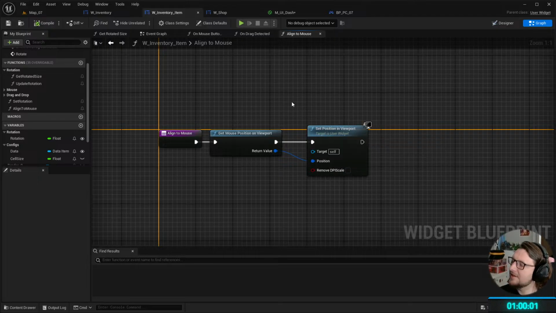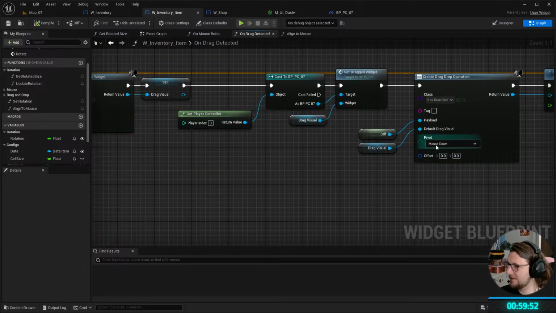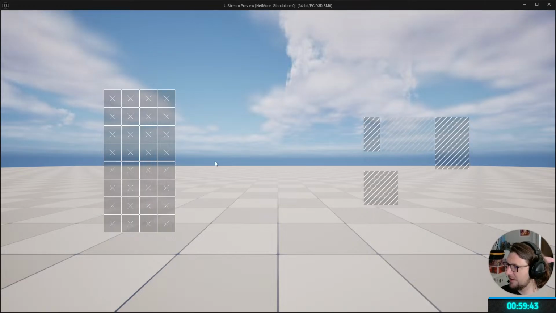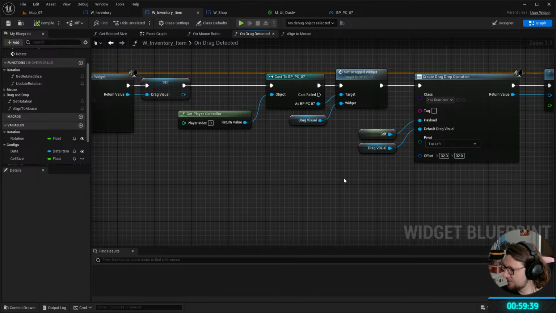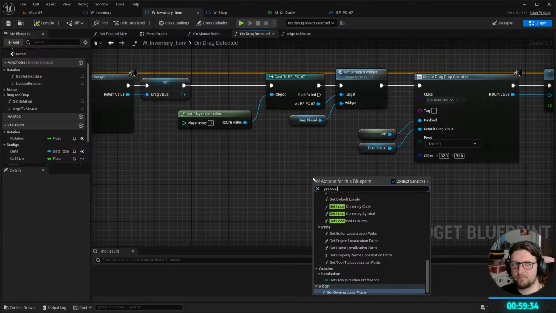What would make this quicker, and in the interest of finishing this today, instead of mouse down, we'll use top left with a 32 unit offset, which is half of the size of a cell. And so whenever I drag this item, oh, that did not work. What is offset? An offset is a percentage. Awesome. Why would it be a percentage? Get local. I suppose I could say